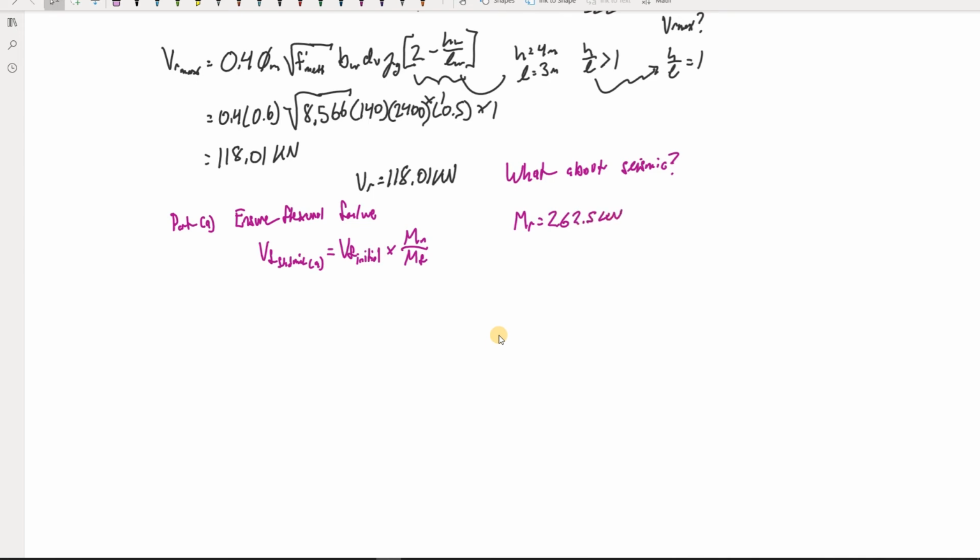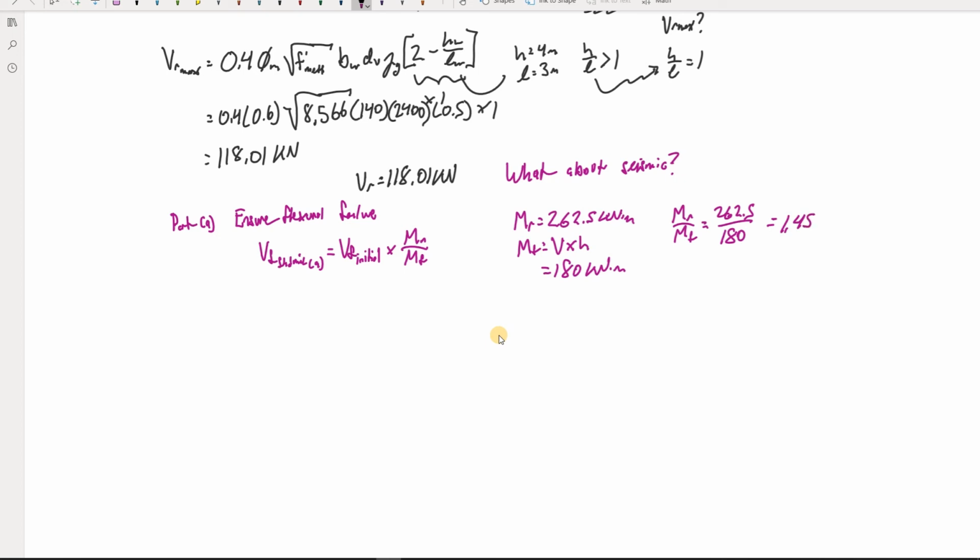And that is in kilonewton meters. And the factored moment experienced at this is just equal to the shear multiplied by the height in this case. And since this is a seismic load combination, that load combo is 1. But in this case, we are looking at 180 kilonewton meters. So if we look at that factor, I wrote a V, MR over MF. In this case, we put these numbers in, so 262.5 over 180, we get